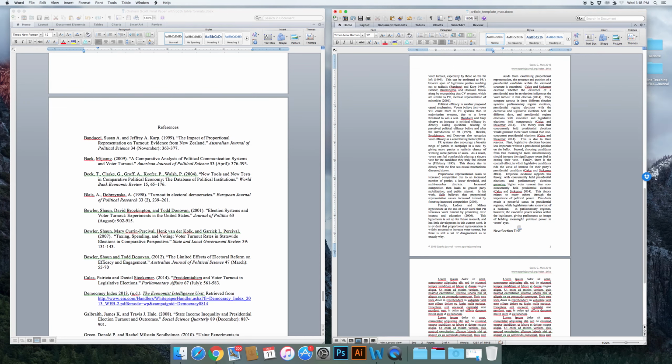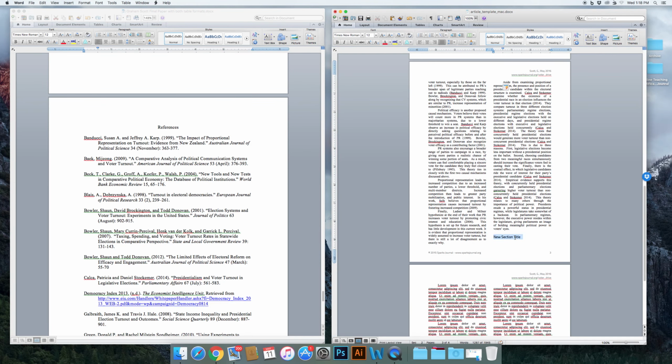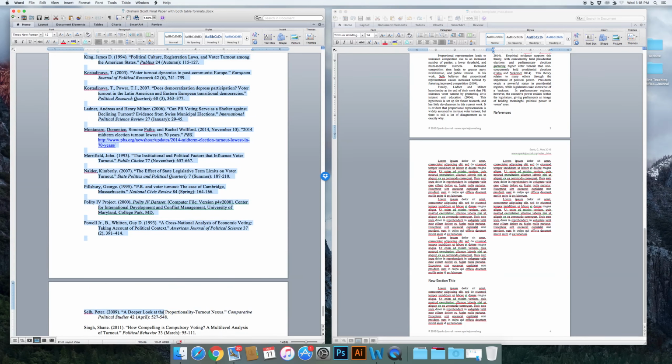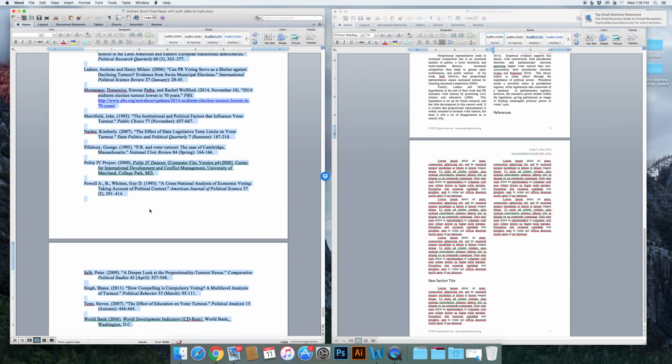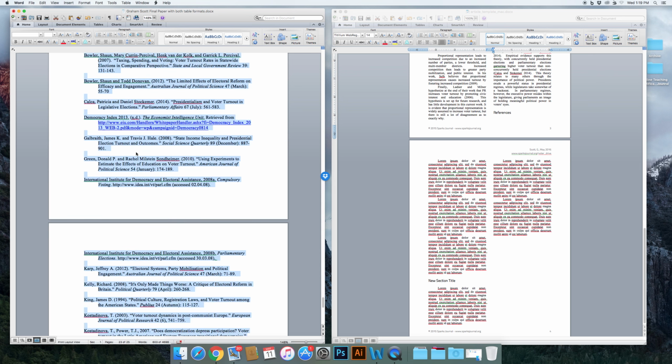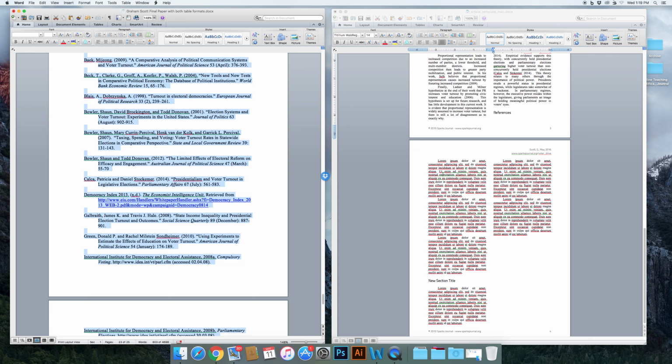All right, so let me show you how to do this. All right, so next section is references. It's less than ideal to have the section heading as the last line on a column, but that's okay. Sometimes I'll go back and add spaces to fix that, but it's not that big of a deal. So here what I want to do is I want to preserve all the formatting except for the font if it's not Times New Roman. So I'm going to make sure that everything is Times New Roman in 12-point font. And then I will copy and then come over here